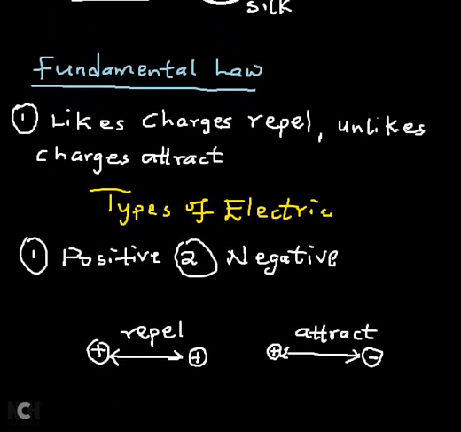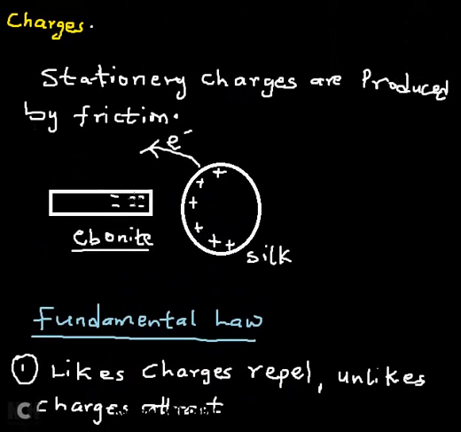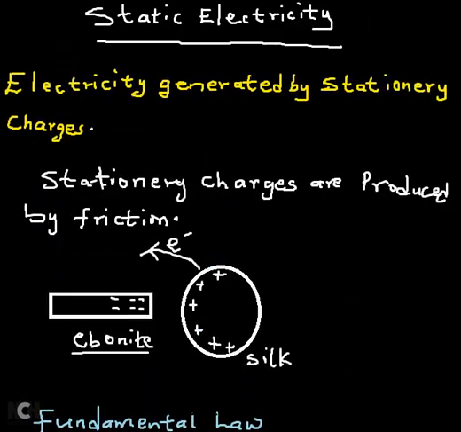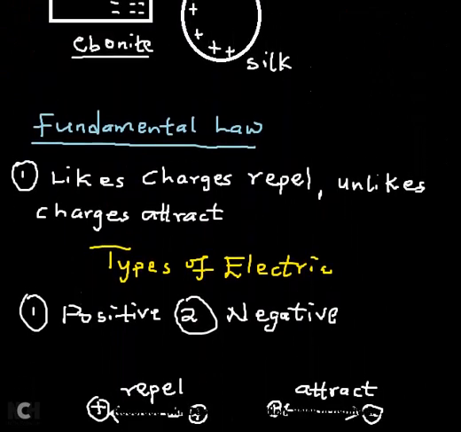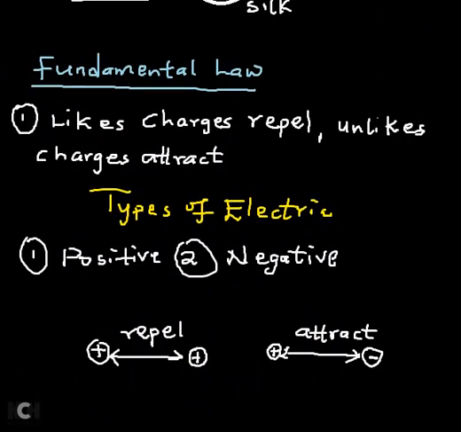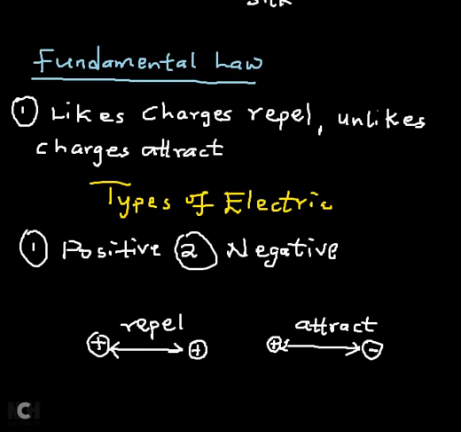Okay, so which simply means that after this transfer of electron from the silk to the ebonite, if you bring the ebonite close to the silk, there's going to be an attraction, all right, and of course vice versa. Let's proceed. Okay, so now we are going to continue. What we are going to be talking about